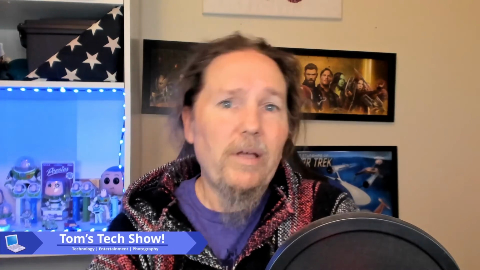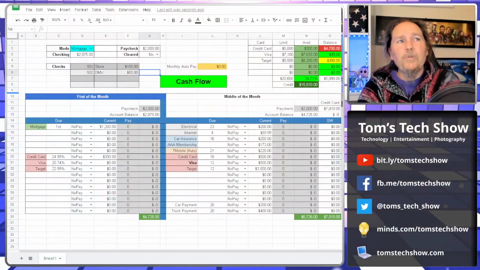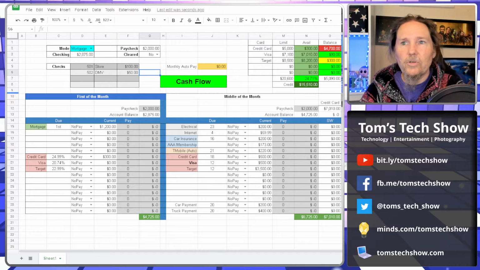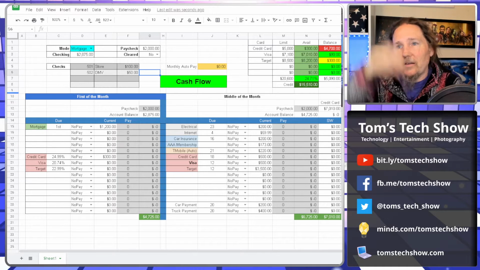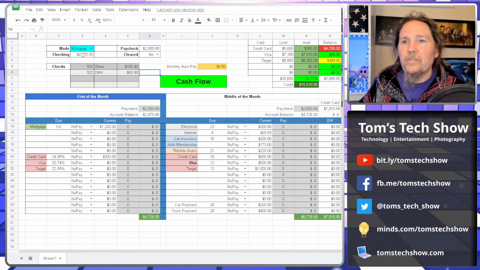So we need to manage our money. So I have a spreadsheet. It's a Google Sheet that I've been using for quite a while. It has helped me out a lot, so I thought I would share that. It makes kind of sense of